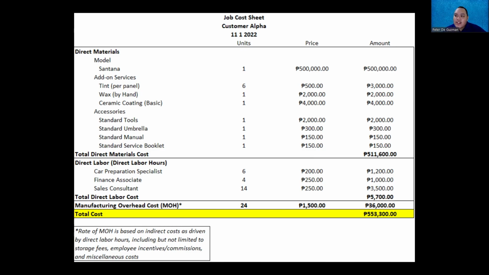This is from the first point of contact. And this should include any text messages, email exchanges, phone calls, video conference calls if required, and future visits for test driving, for contract discussion and contract negotiation, and so on and so forth. So this is probably why it took this sales consultant 14 hours for customer alpha.